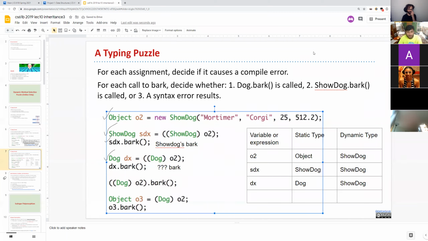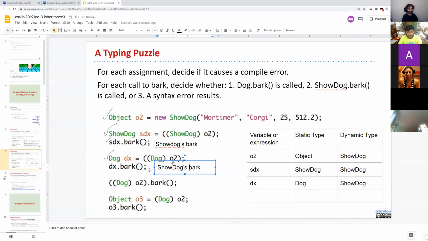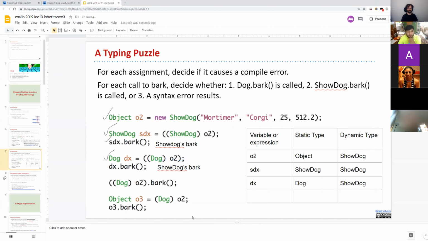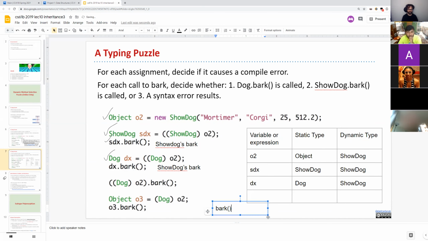Okay, I got some private messages. So you're right, with people who responded, it's show dog's bark. And the reason is that the dog class, yes, it's going to call a method called bark, but show dog overrides it. So our rules for dynamic method selection are, first we figure out what signature. So the signature in this case is bark. And then we use the dynamic type's bark method.